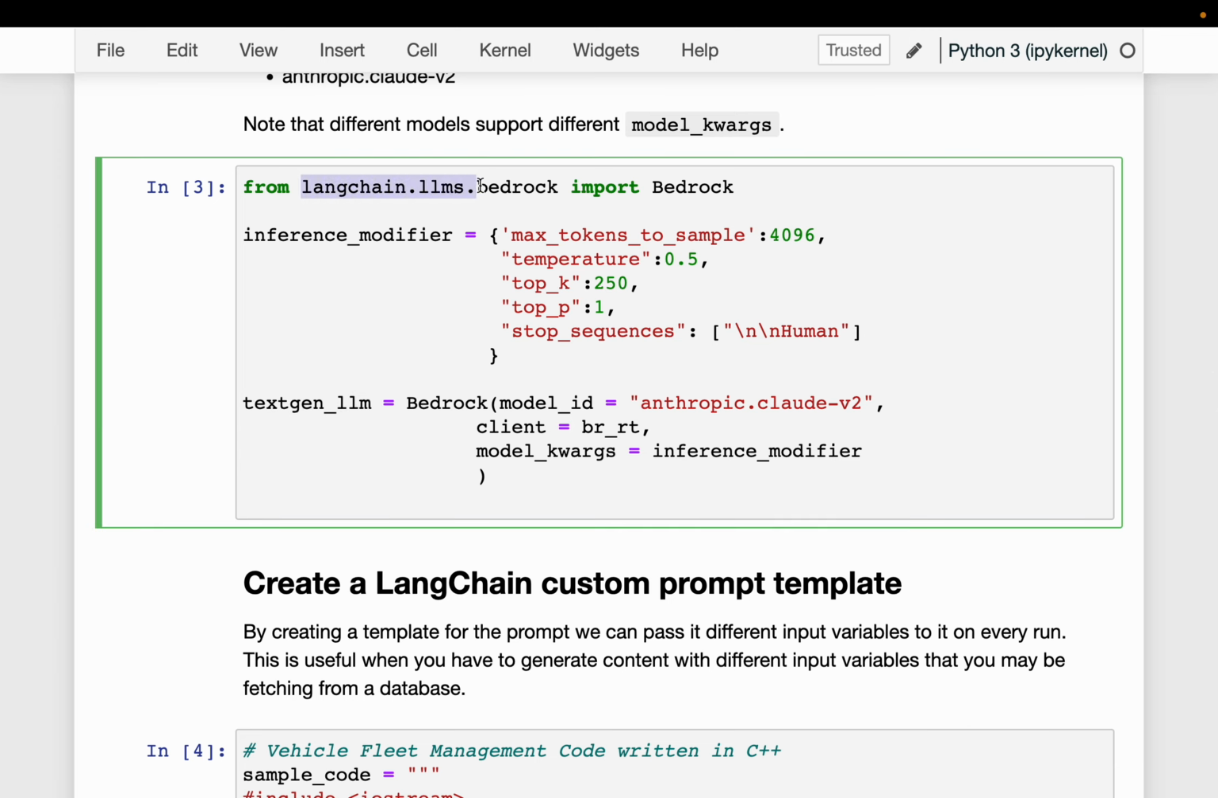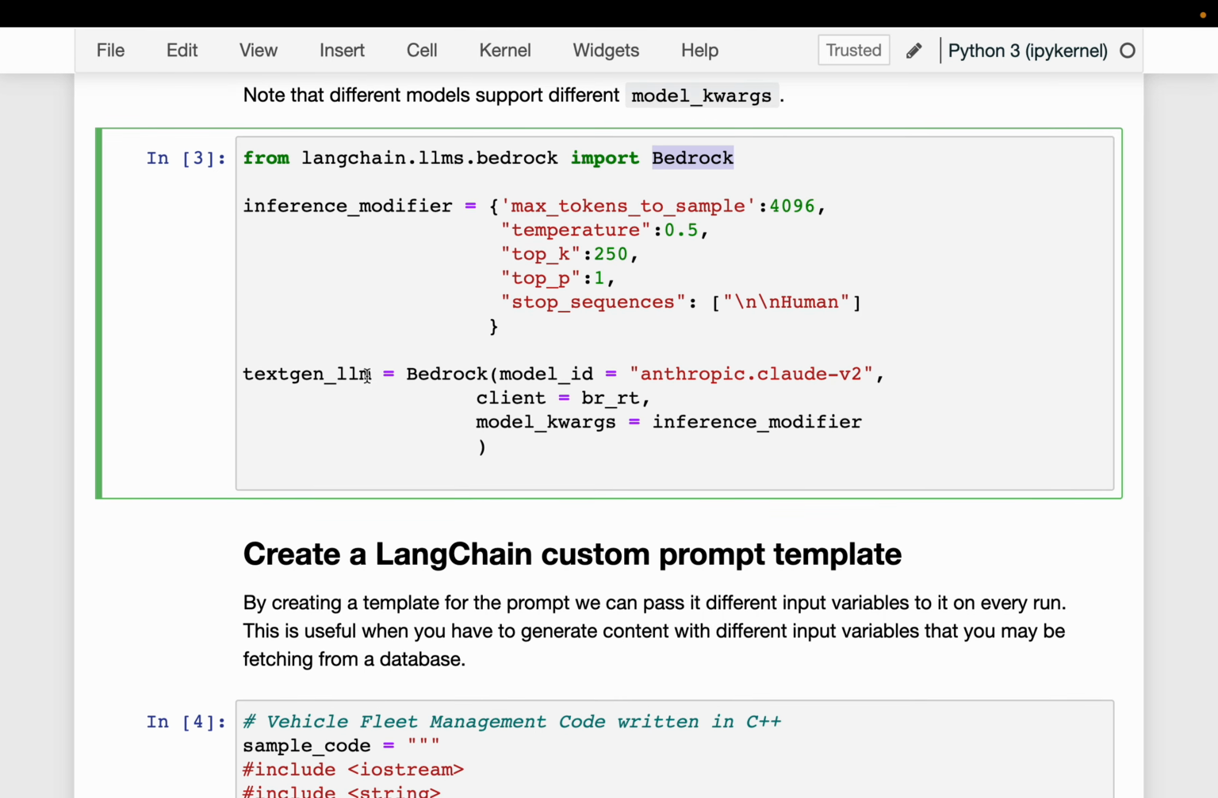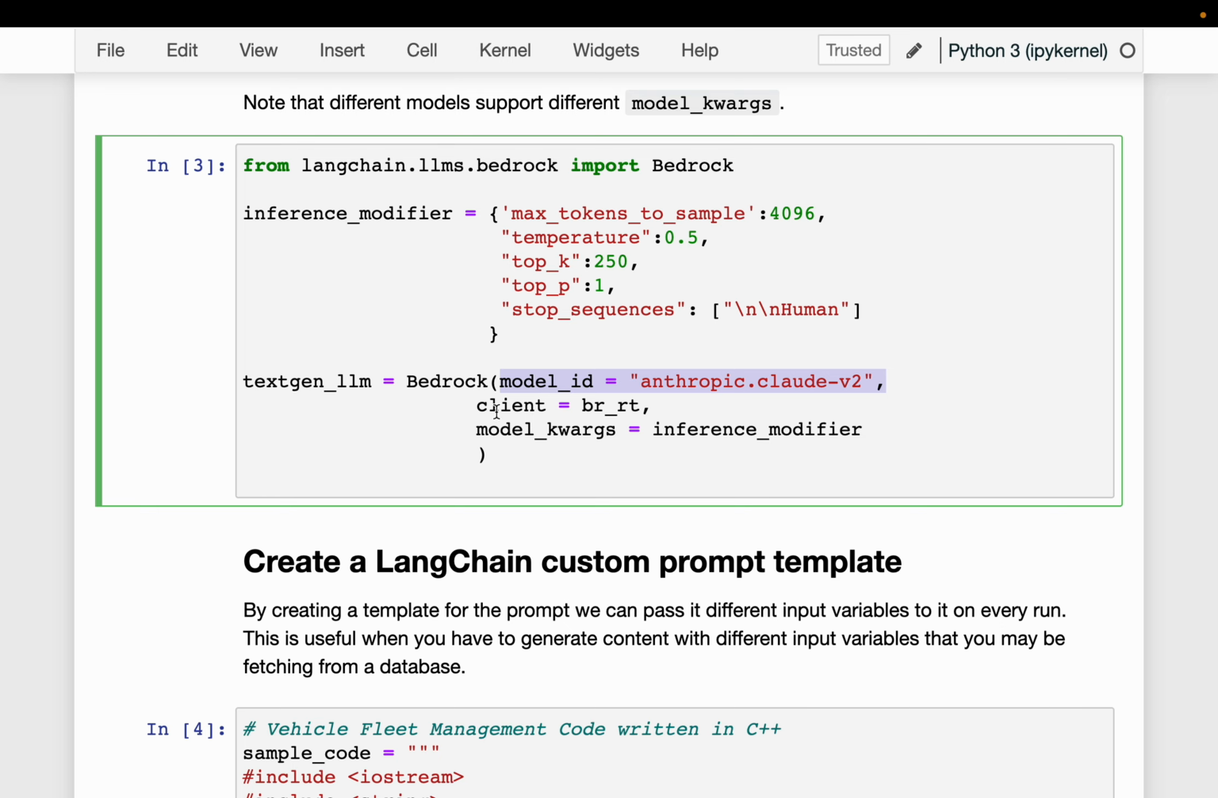From LangChain, here we are importing Bedrock, and here we are creating the instance of our LLM model. In order to do that, we need three things. One, which model we want to use. In this case, it's the Claude V2 model from Anthropic. And since this model is from AWS Bedrock, we also need to provide the client. This time it is the Bedrock runtime. And the third argument is the